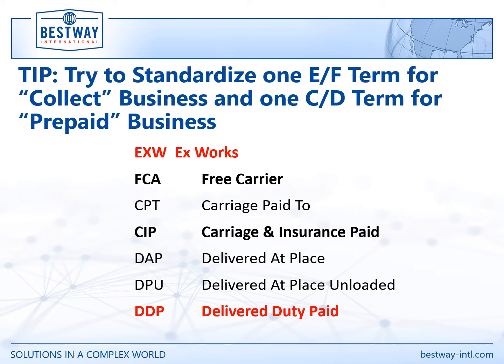And tip number 2 of 2 is let's try to standardize on 1 term for collect business if you are an exporter and 1 term for prepaid business if you are an exporter. The terms that we recommend highly are FCA for collect and CIP for prepaid. These are terms that are very commonly used, very well understood, and you will find that will bring you minimal